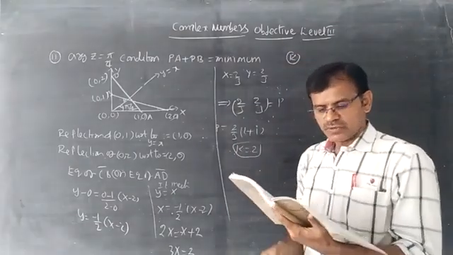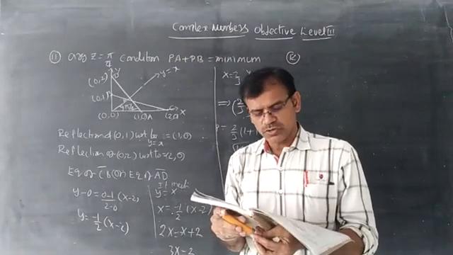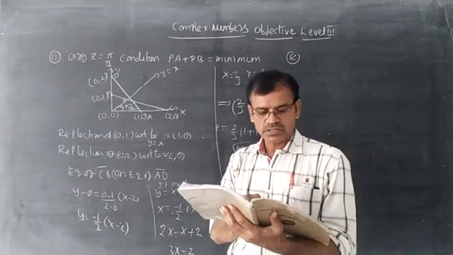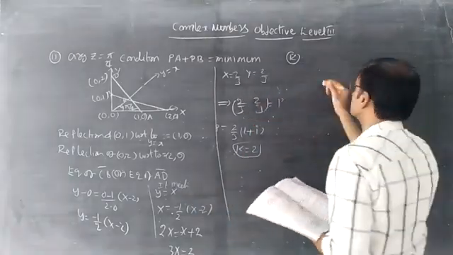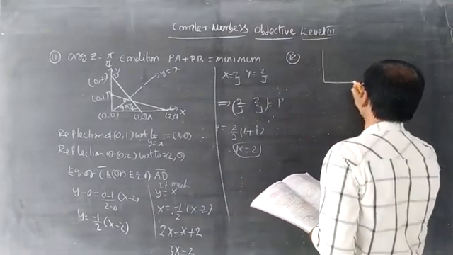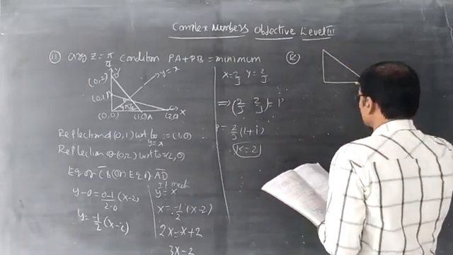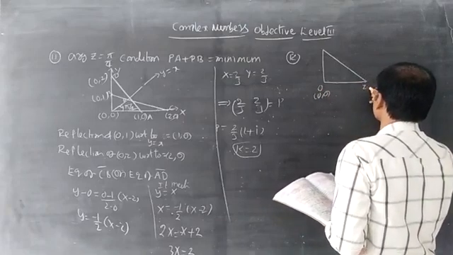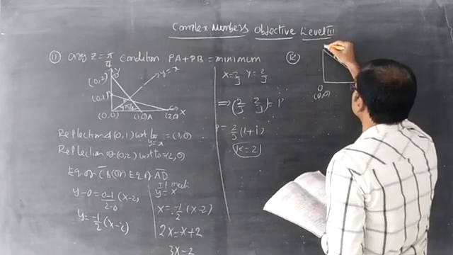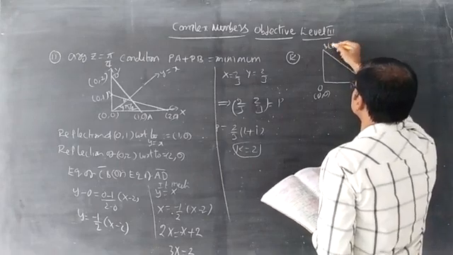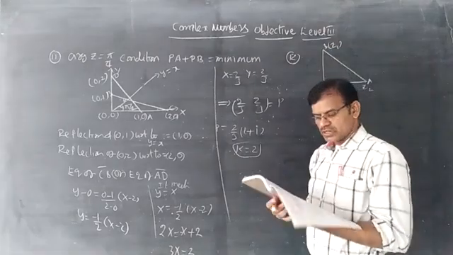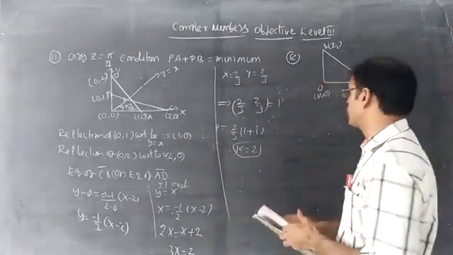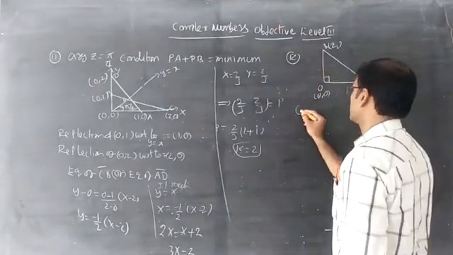12th question. If Z1, Z2 are nth roots of unity, which are ends of a line segment that subtends pi by 2 at origin, then n is in the form of. Z1, Z2 are nth roots of unity, and O is the origin like this. Put here 0, 0. Put here this is A, this is B. At B you can put Z2. Given, you can write